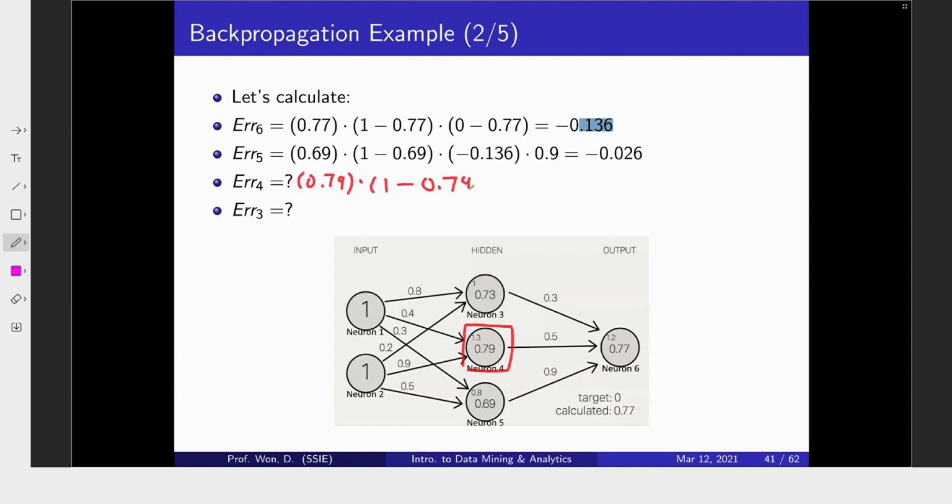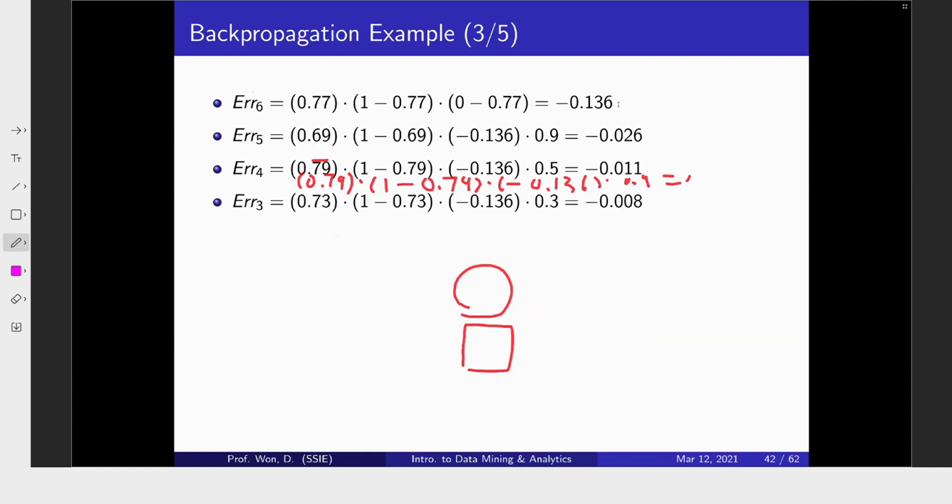0.79 multiply minus 0.136 and 0.9 something. Same thing for error 3, only what we need to replace is 0.69 with 0.73. Okay, so we can just repeat all these calculations, and finally we have 0.6,